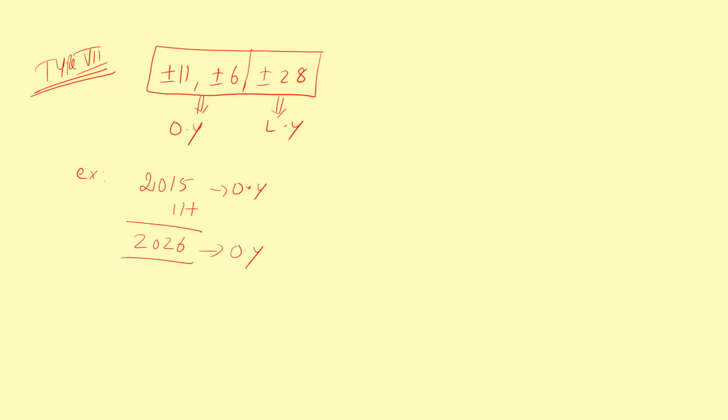If this is an ordinary year, yes, we can use the 2015 calendar in 2026. You can cross check it by using the calendar or your mobile. The 2015 calendar will be same as 2026. So ordinary year plus 11, if it gives ordinary year, we can use the 2015 calendar in 2026.